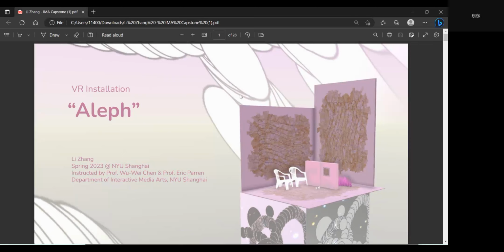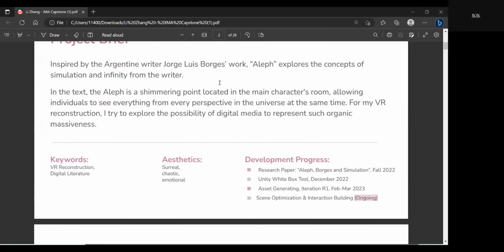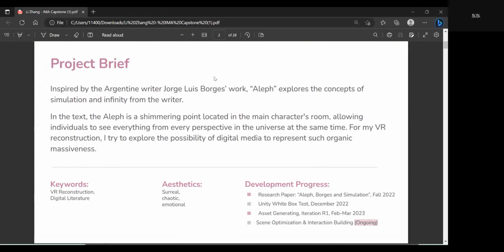My project is called A Leaf, which is a VR installation inspired by the Argentine writer Borges' work, and it explores the concepts of simulation and infinity from the perspective of the writer.